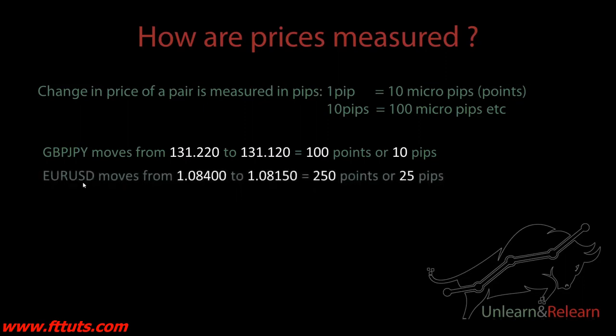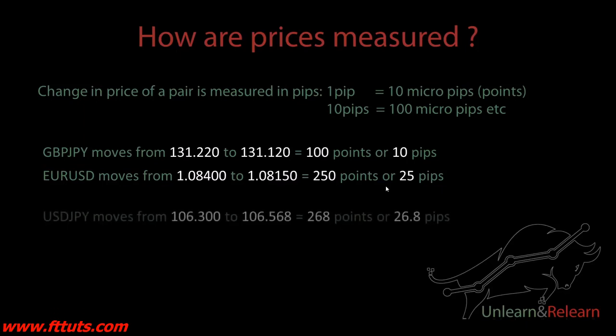When we talk about EUR/USD, if price moved from 1.08400 to 1.08150, that's a change of 250 points or 25 pips. So this is how you measure pips. Let's say I had a sell order at 1.08400 and price moved down to 1.08150. This means there was a change of 25 pips, so now I'm positive 25 pips. But if you had a buy order at this point, then you'd be in negative